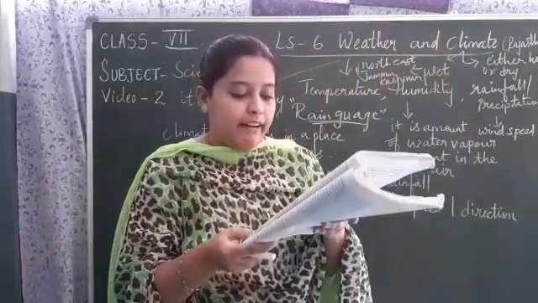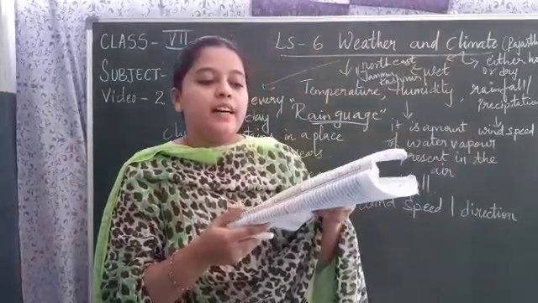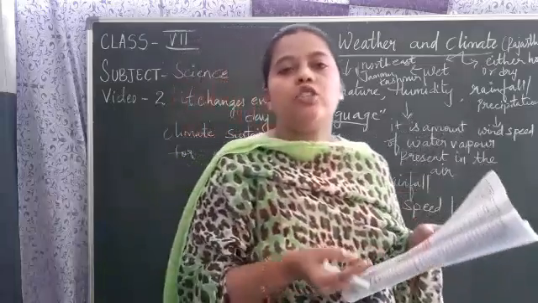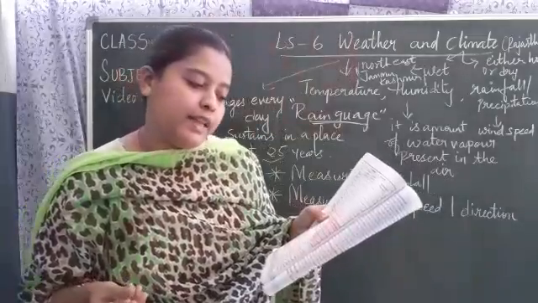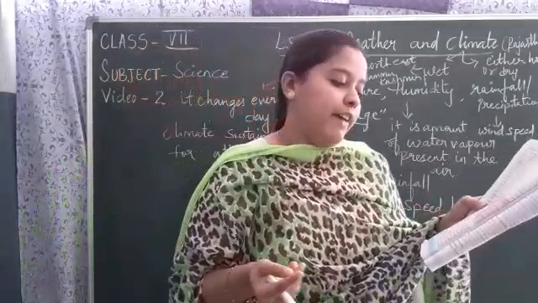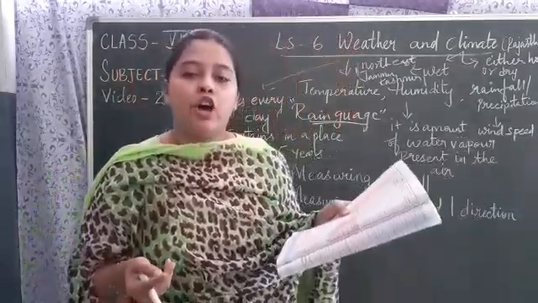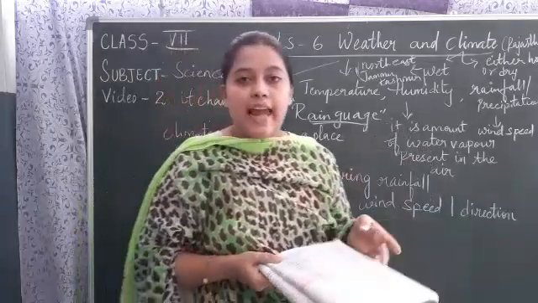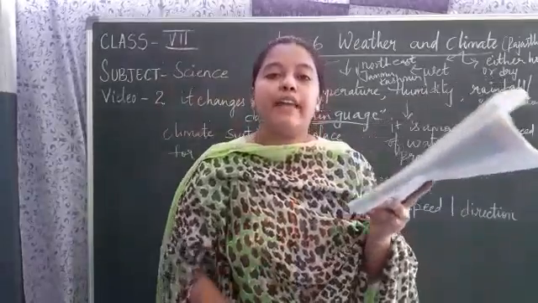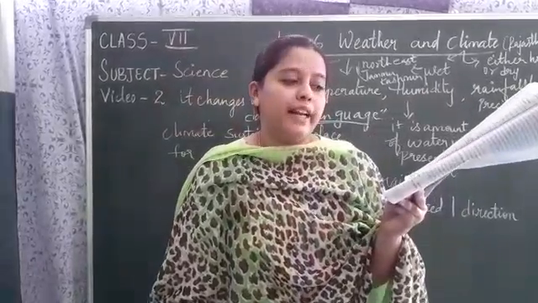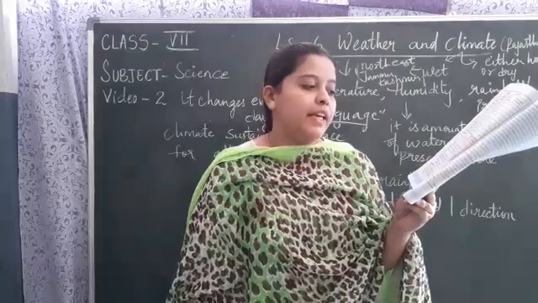Okay children, let us do an activity. There are states, and we must observe the climatic conditions. In Kerala state, what is the climatic condition? In Andhra Pradesh, Rajasthan, Jammu and Kashmir, West Bengal? Usually the Indian Meteorological Department studies the climate of our country. Climate describes the weather conditions occurring over a relatively longer period of time in a given place.